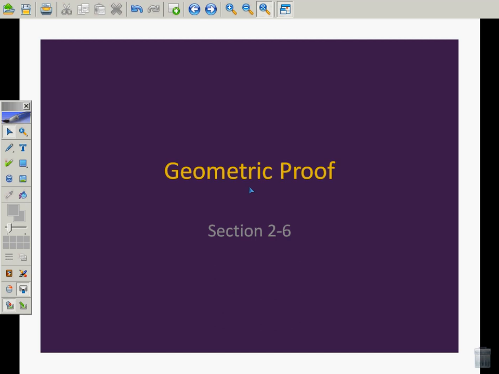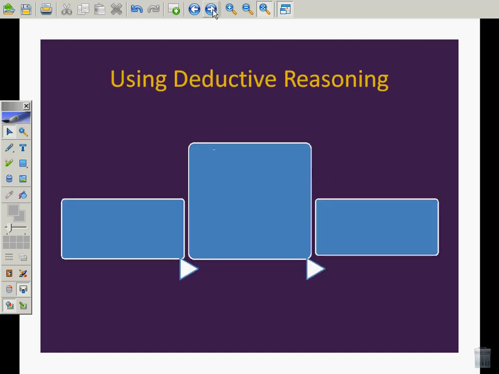We're going to be moving into proving things when we have given statements. So here we go with geometric proof part 1. We have a little flow chart here, and it's going to take us through the steps. And so where we start is always